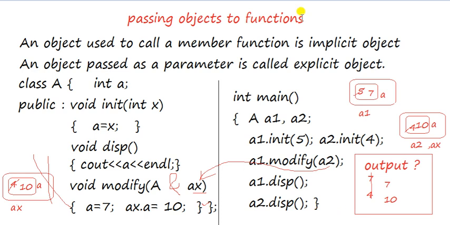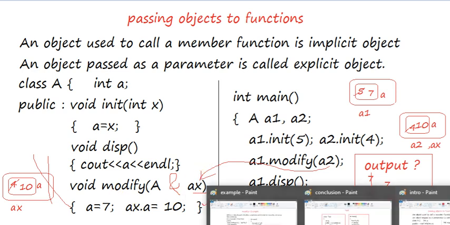This is how you can pass objects. So whenever you pass objects, you should remember, if you pass by reference, the modification will be reflected back. If you don't pass by reference, it is simply passed by value, and in that case, if you are expecting the modification to reflect back, no, it's not reflected unless you pass it by reference. So you can witness the same thing in this example here.